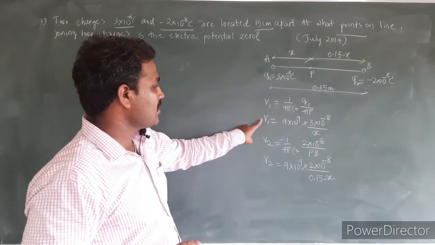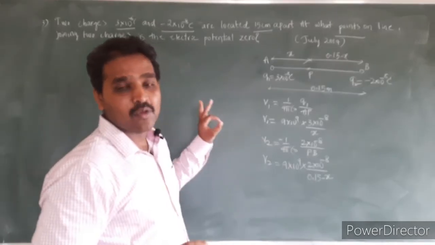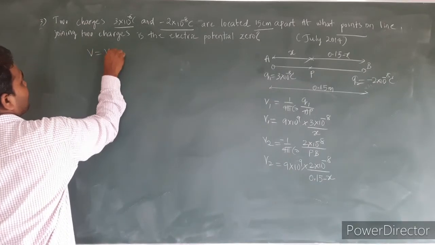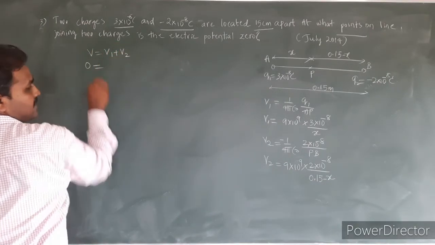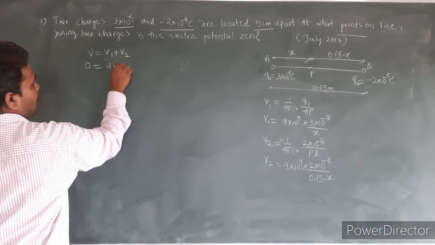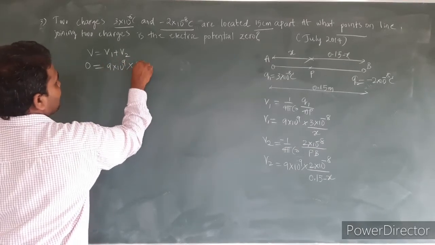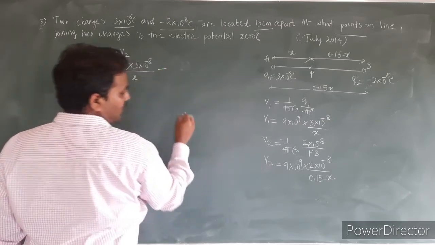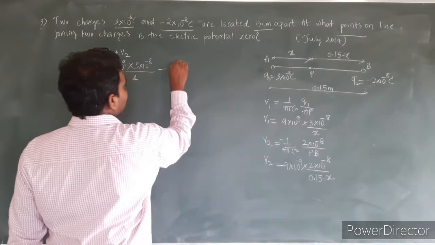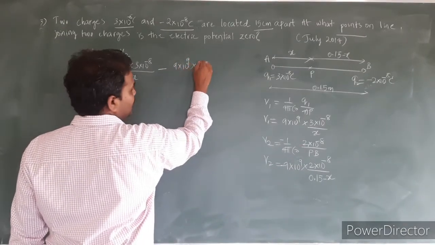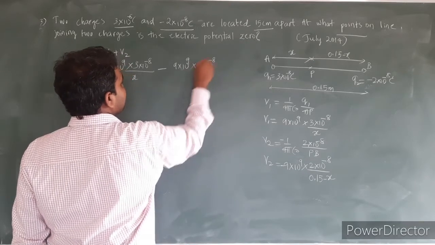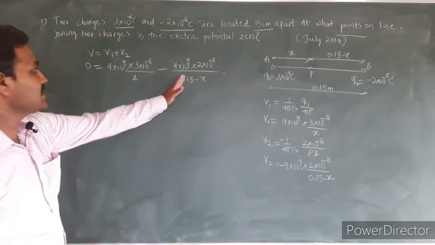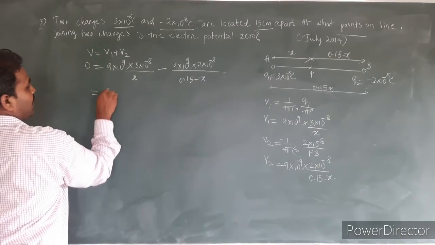Okay, and these are the values of potentials V1 and V2. The net potential is equal to 0, so I can write V is equal to V1 plus V2. So 0 is equal to 9 into 10 to the power of 9 into 3 into 10 to the power of minus 8, whole divided by x, minus (this is also minus here) 9 into 10 to the power of 9 into 2 into 10 to the power of minus 8, whole divided by 0.15 minus x. Okay, I take this to the left side, so that I will have